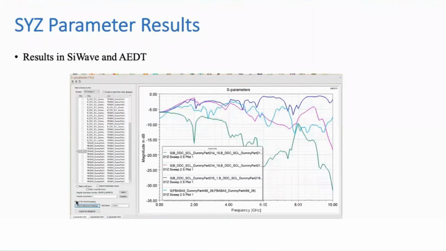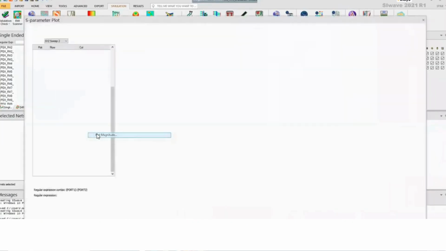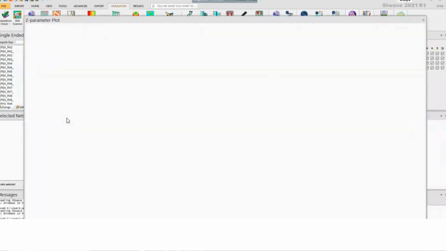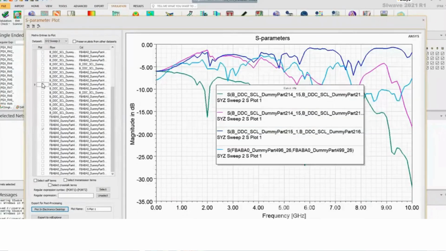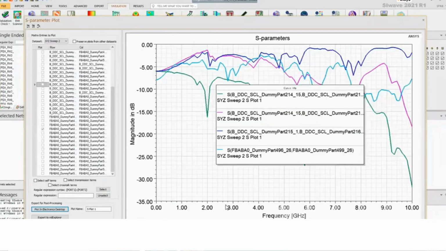Another cool point is that we can plot this in Electronics Desktop also. So I'm going to show you the software and the result in the software. Here, very quickly, I'll show you the result. We can plot the magnitude, and once you add, for instance, a curve here, in order to better see this, we need to